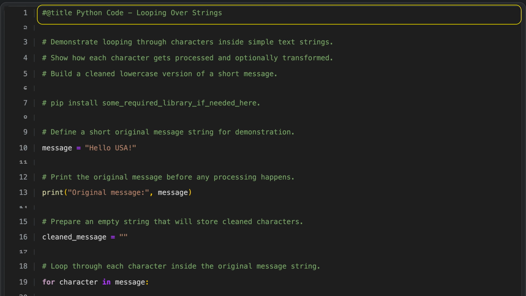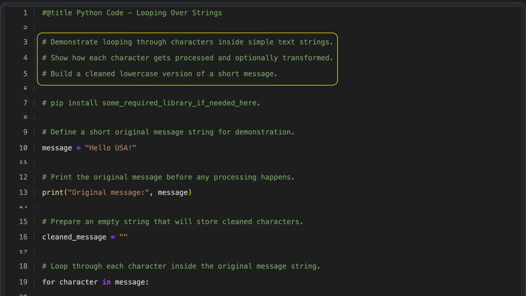Python code, looping over strings. In this lesson, you will see how to loop through each character in a simple text string so that every character can be examined and, if needed, transformed. As you process the characters one by one, you can apply rules such as converting them to lowercase or filtering out unwanted symbols. By the end, you will know how to build a cleaned, all-lowercase version of a short message